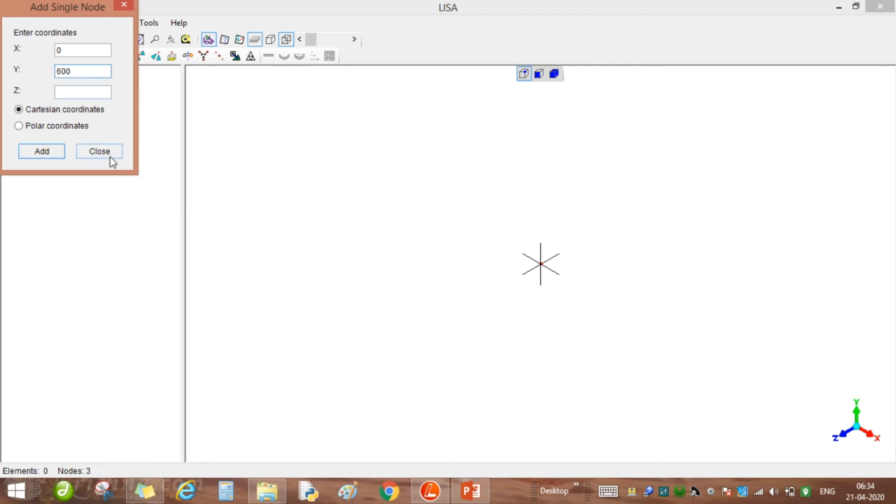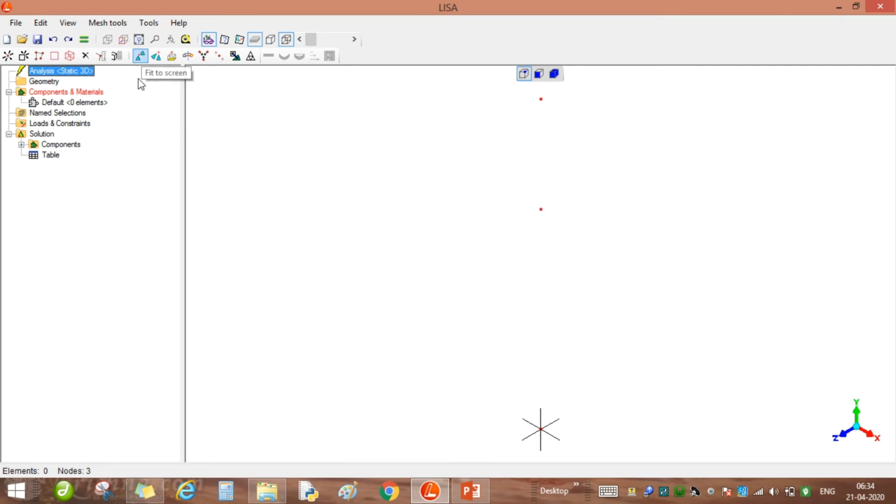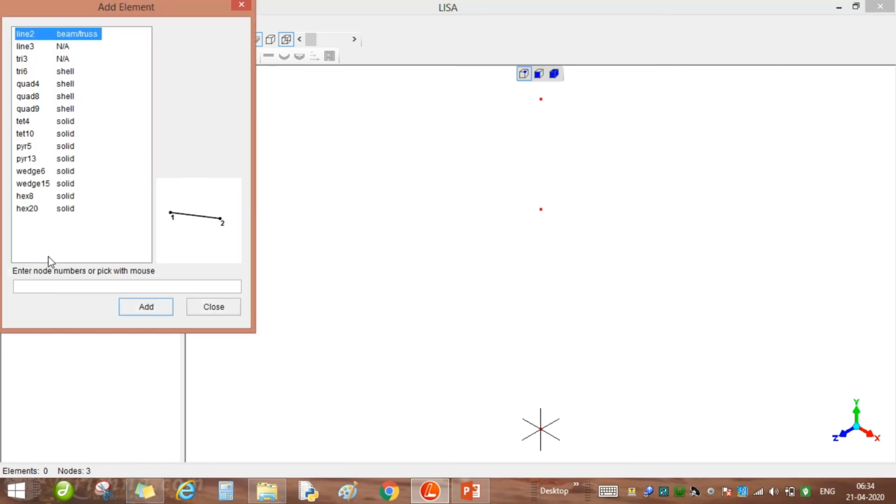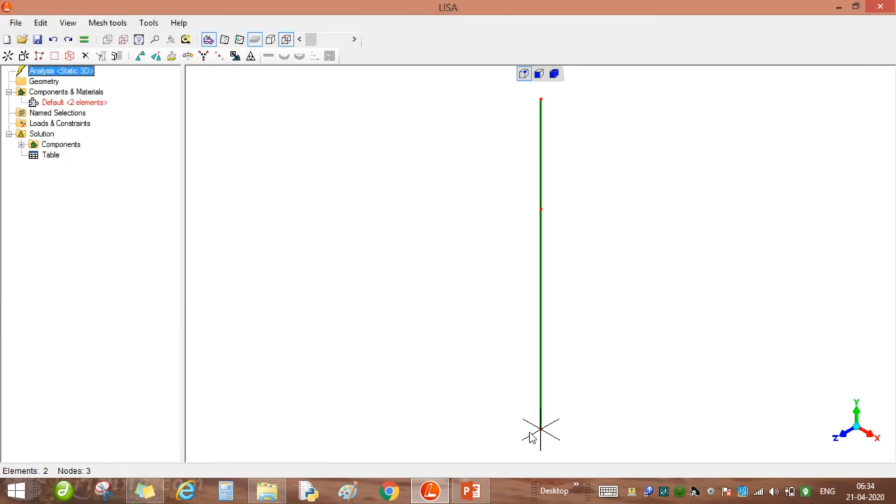Now nodes are not appearing here, so let us fit to the screen. The nodes will be seen here. Now we can create element 1 from node 1 to 2, and then 2 to 3, second element. So we have created these nodes and elements. If we mouse over these nodes, we will see the properties.